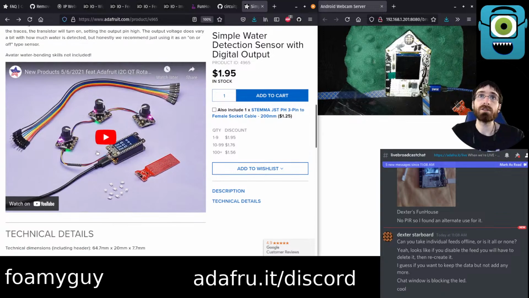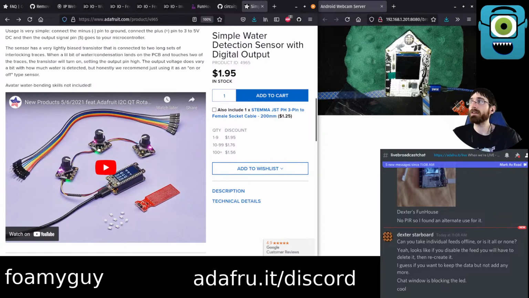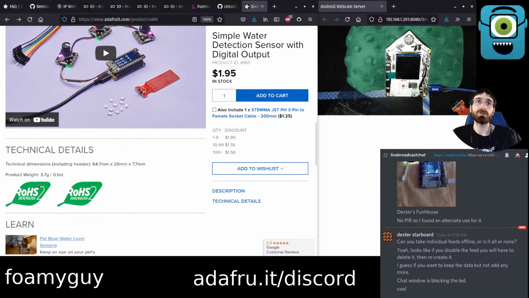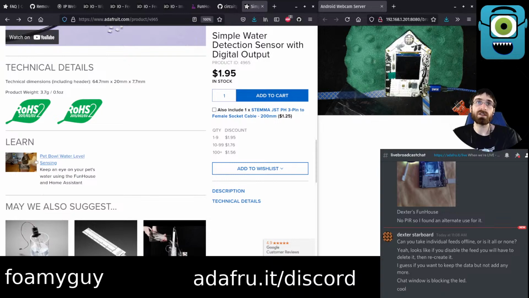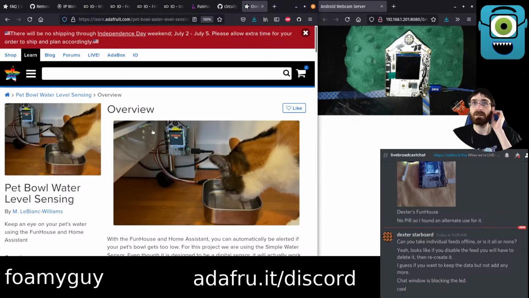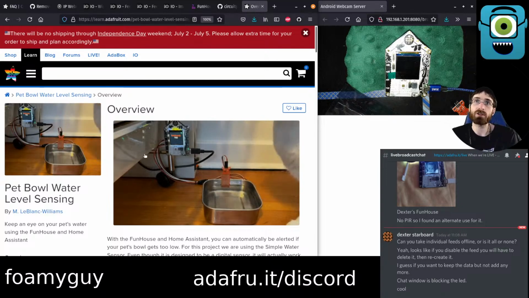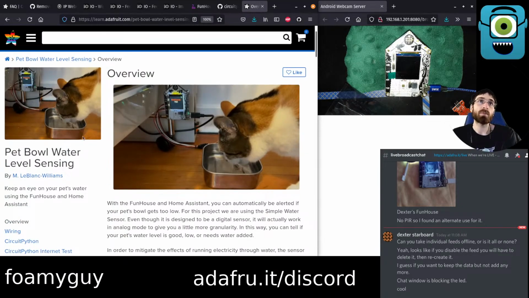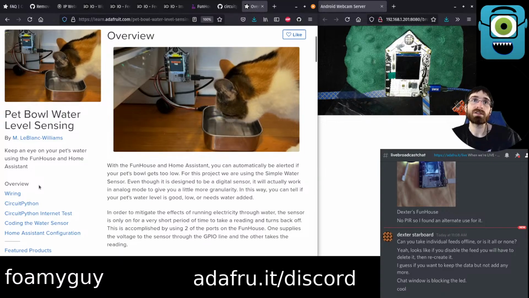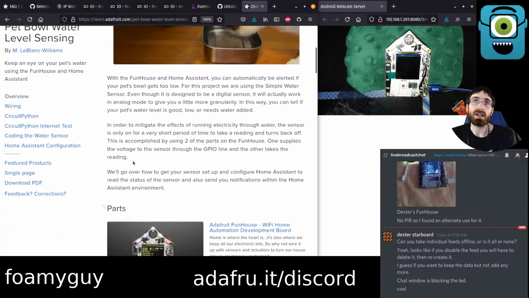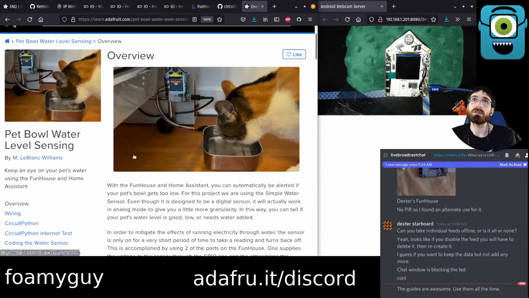If you didn't know that, that's one way you can always learn how to use your Adafruit products. You go to the product page and scroll down a little bit, and usually underneath technical details, there'll be a learn guide section. Some products have a learn guide specific to that product, and some have a project that uses the product. In this case, it's a pet bowl water level sensor, and it's going to show us how to connect and use the